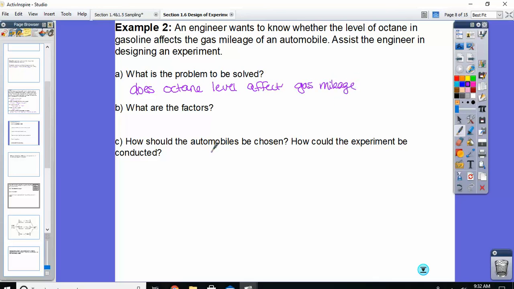Okay, the factors, those are like the explanatory variables, not the response. The response variable here, the thing we're measuring, is the gas mileage. Explanatory is the thing you can control. So we have to be careful. We have to think about all the things that could impact the gas mileage. Obviously, we're concerned with the octane level, but there are other factors that you definitely want to control,